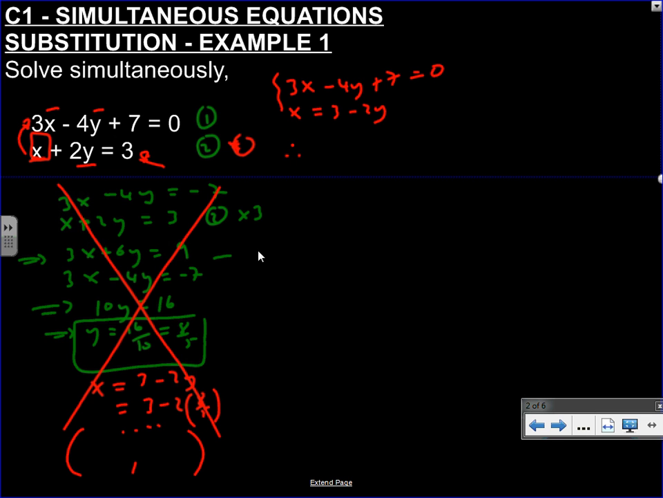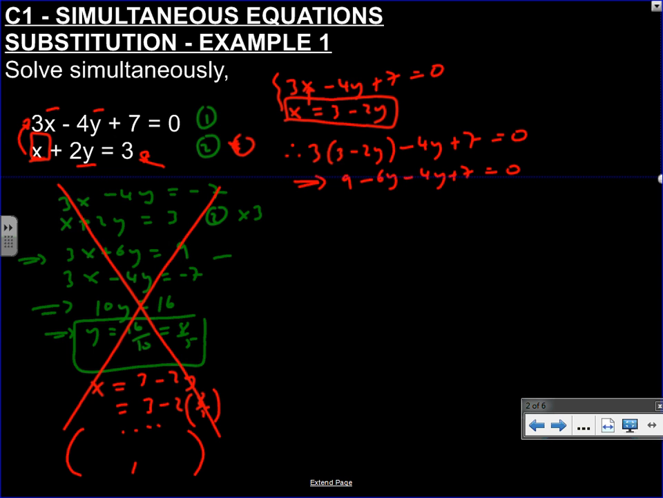So therefore, we can sub this whole thing into there. So this is 3 lots of 3 minus 2y, minus 4y plus 7 equals 0. And you see we've eliminated x. We've done your elimination method, but we've not had to times everything and make everything the same and then subtract it. So now I can multiply out. So 3 times 3, 9, minus 2 times 3, that's 6y, minus 4y plus 7 equals 0. So I get 9 plus 7 is 16, equals 10y, just moving it over, so y equals 8 over 5